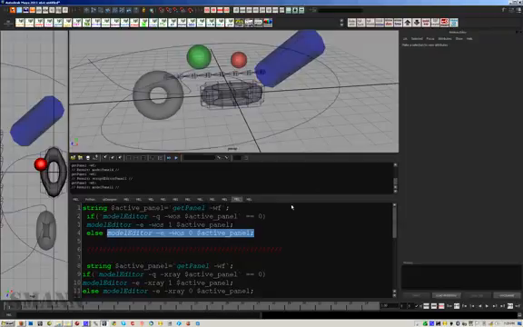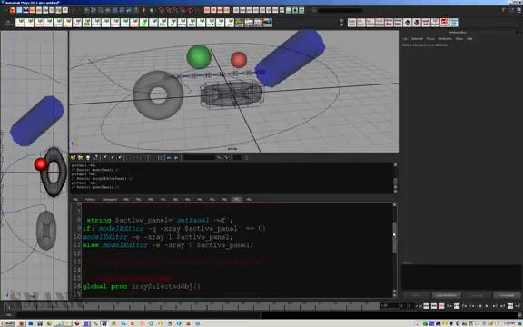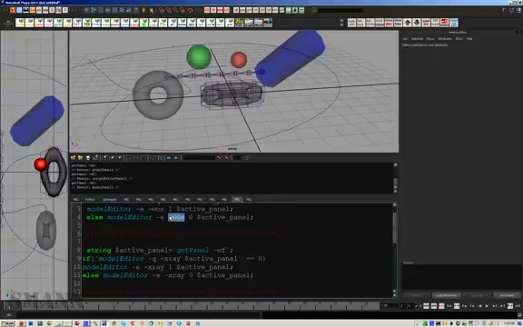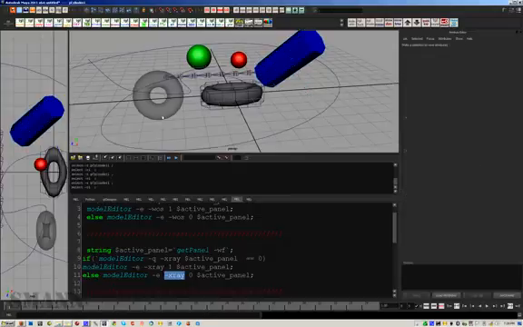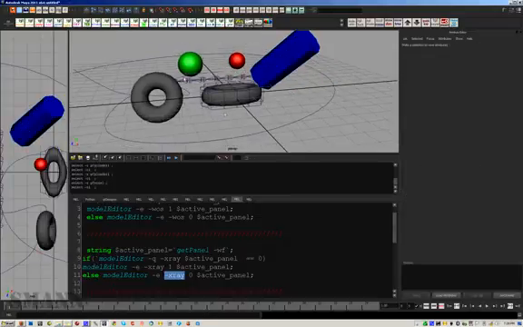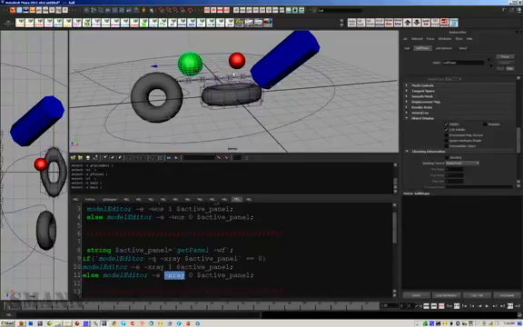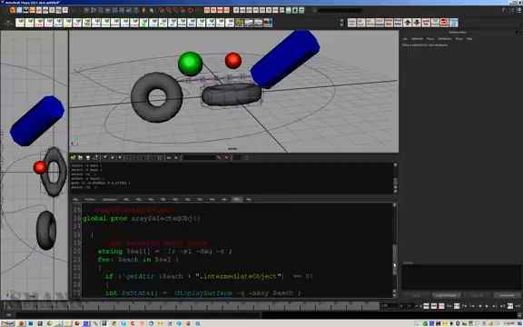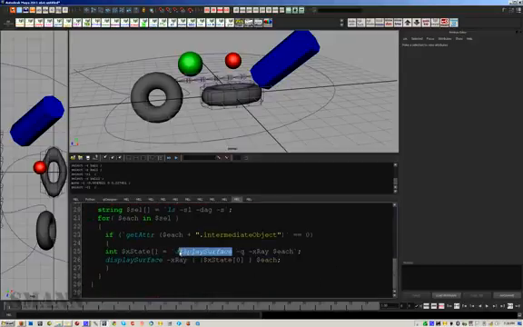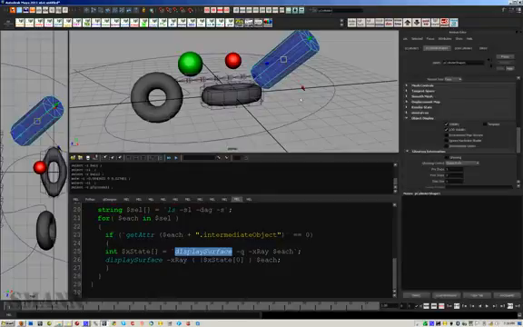Now, for the X-ray, it's very similar. The only thing is I change out -wos to -xray, and I get the same result. And then the last one, let's see here. There we go. Shift-X, Shift-X. I've got it set to Shift-Alt-X for X-ray selected. Now there's a command called displaySurface, which will actually change these things from X-ray selected